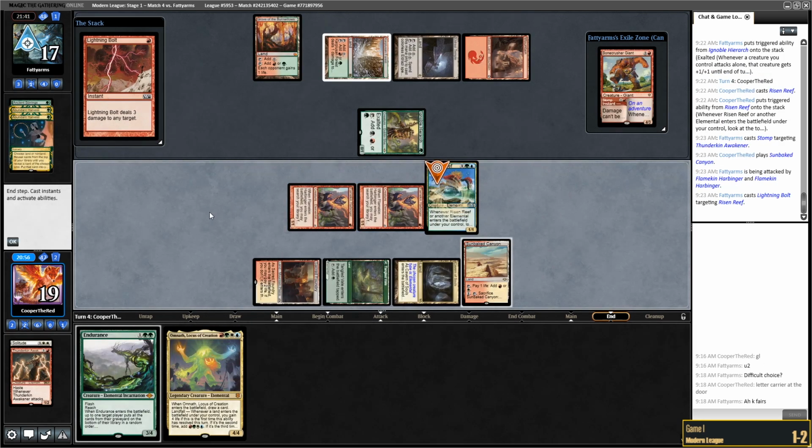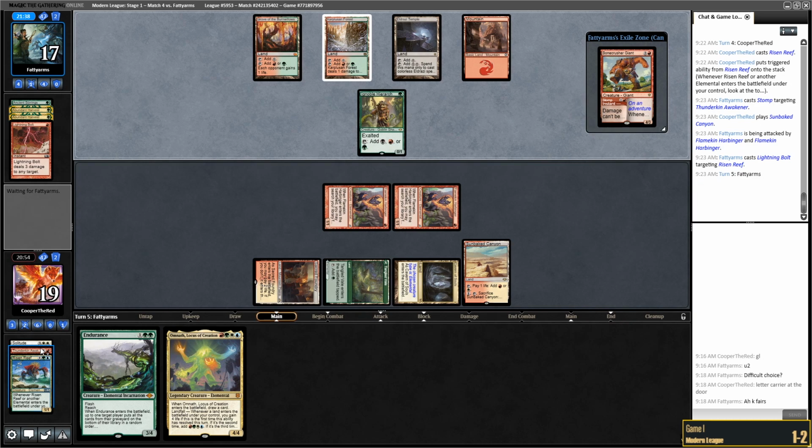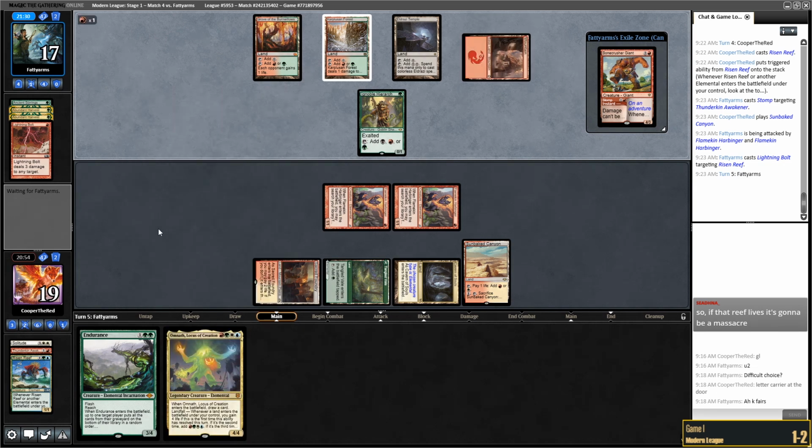Oh no, Lightning Bolt. Alright, Risen Reef's down. I guess that makes sense. They can get rid of the Thunderkin Awakener so I can attack with it and then get rid of the Risen Reef later. It does leave them fairly low on cards. We have Omnath coming up. But if their cards are good...